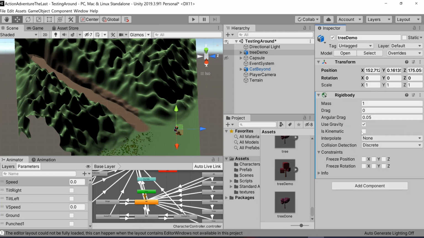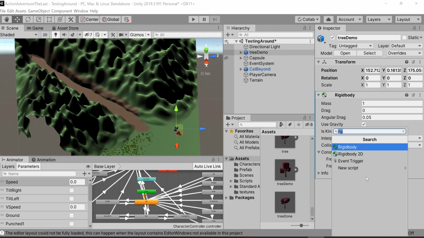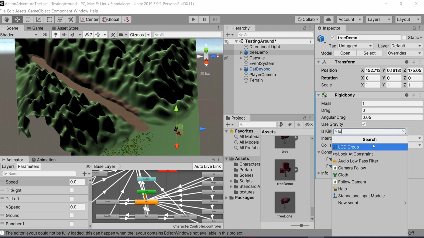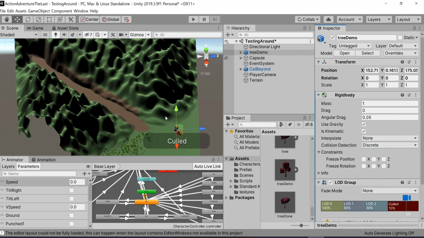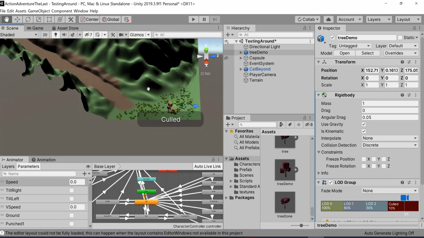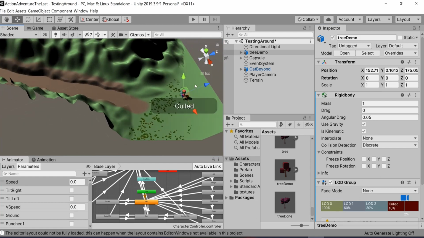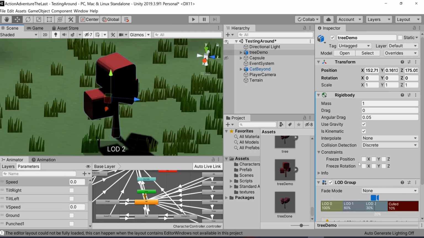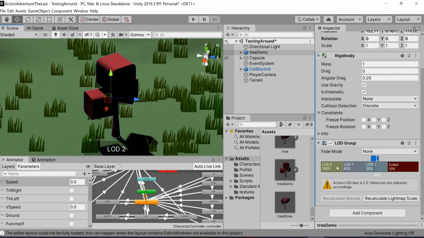So nice and easy. We're going to set it to is kinematic because we don't want it falling through our terrain. And then we're going to go to add component again, and LOD group is the next thing that we will add. And you can already see that it's saying something about something being cold. I'm going to hit F to zoom into my tree and we're going to take a look at what these